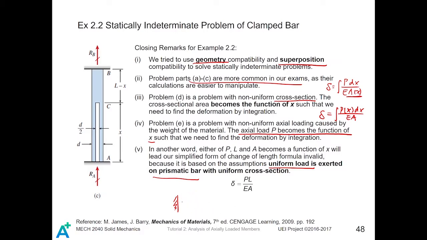A typical prismatic bar is like this. The bar has a center line for all cross-sections. And also, the cross-sectional area should be uniform, otherwise A will become the function of x and we need to do the integration. And very often, we assume E to be constant,